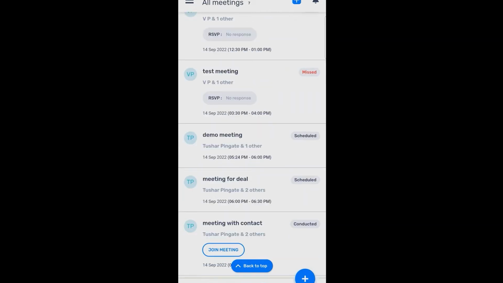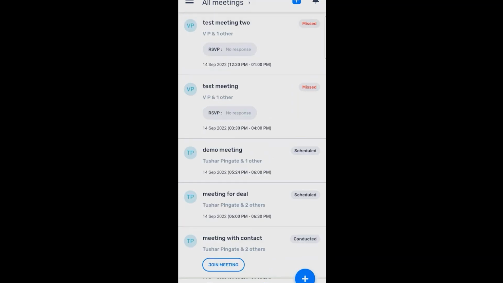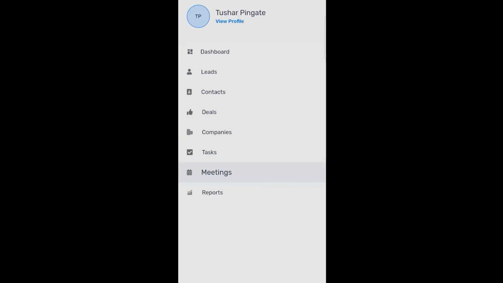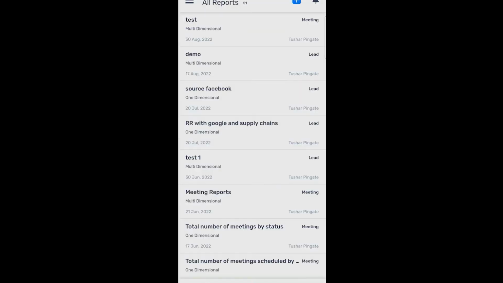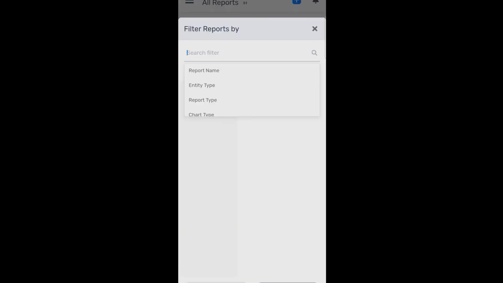The last and important thing is to see all your meeting reports, because at the end of the month you want to see how many meetings were scheduled, how many meetings were missed by my executives, and how many meetings were conducted. It is available on mobile itself. If you go to the report section and apply a filter as entity type and select meeting as an entity,